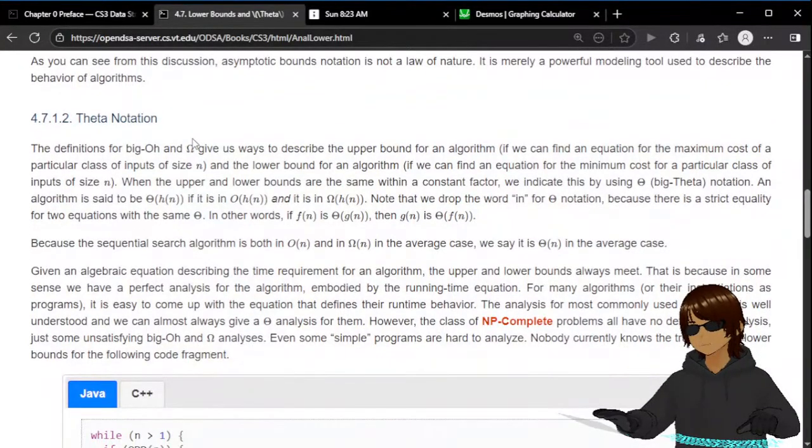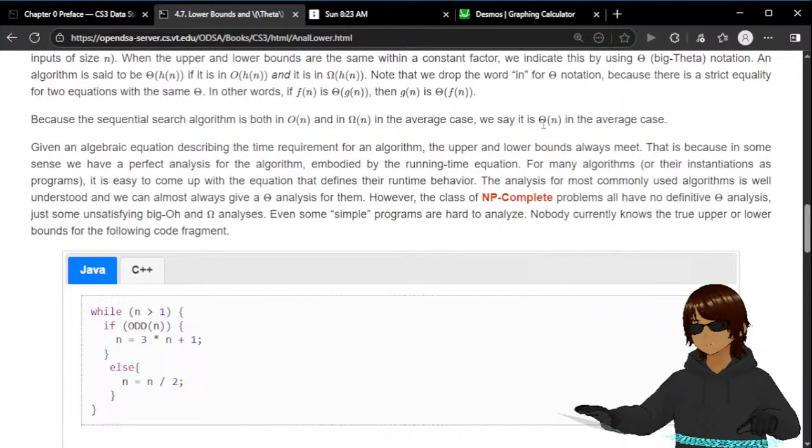Theta notation. The definitions of big O and omega give us a way to describe the upper bound and the lower bound. When upper bound and lower bound are the same within a constant factor, we indicate this by using theta notation. The algorithm is said to be theta(hn) if it is in O(hn) and it is in omega(hn). Note that we drop the word "in" for theta notation because this is strict equality for the two equations with the same theta. In other words, if it is O(n) and in omega(n) in the average case, we say it is theta(n) in the average case. Given an algebraic equation describing